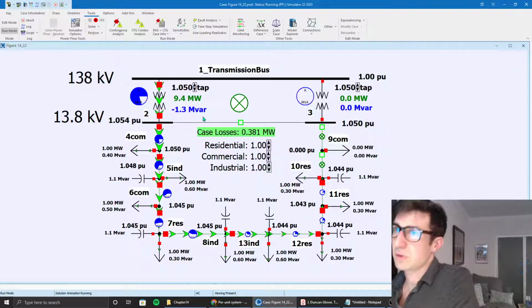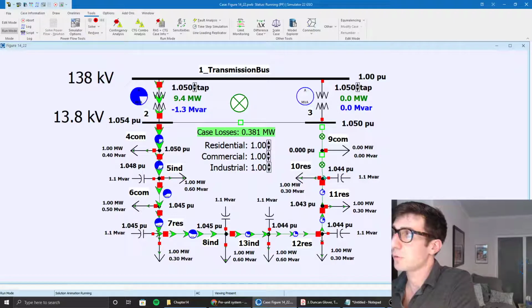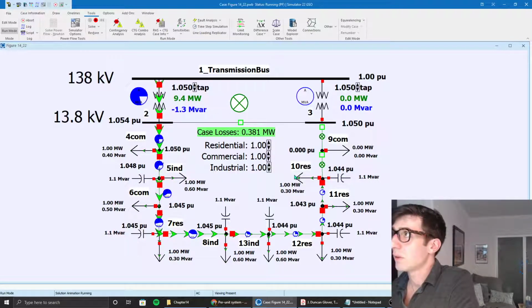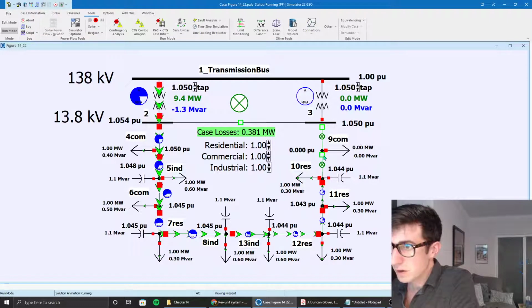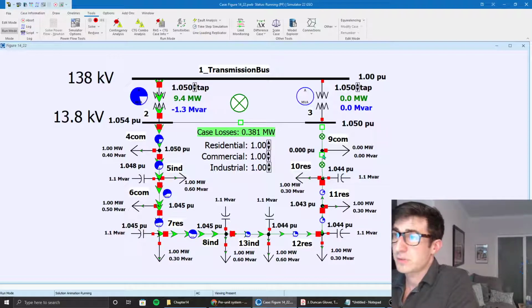We have an increased I squared R loss due to the fact that the lower voltage, higher current of the distribution line has to travel further to reach these loads. So it's a matter of fact that you're going to get more I squared R losses the further distance that you have to travel. So the loop system works well, and it's more robust than a radial system in most cases